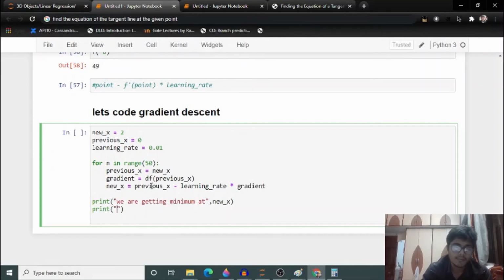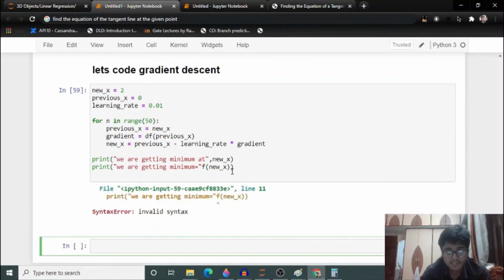We will verify with our graph also. We are getting minimum equal to f of x. So let's see guys, let's execute this.